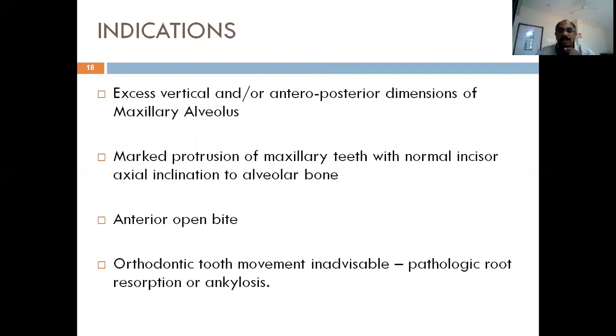Indications, as I told you: sometimes the patient will end up with a severe protrusion of upper anterior teeth, and it is only anteriorly placed. In such cases, we can do what is called anterior maxillary osteotomies, where there is a marked protrusion of maxillary teeth, and we can try to reduce that. In open bites, we have to do a combination of both maxillary and mandibular procedures to correct these open bites. And in patients with resorption or ankylosis of the tooth, if there is no movement taking place, we try to go above and make a cut in the bone to try to move it. But it is not usually advisable. We don't do that regularly, right?